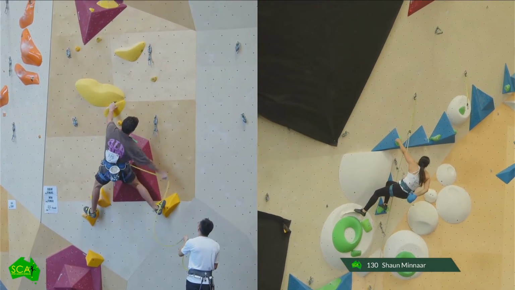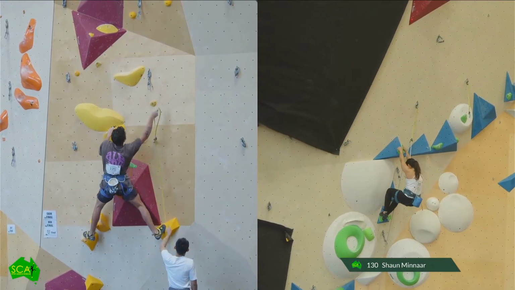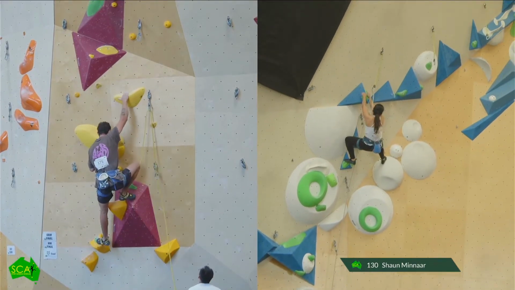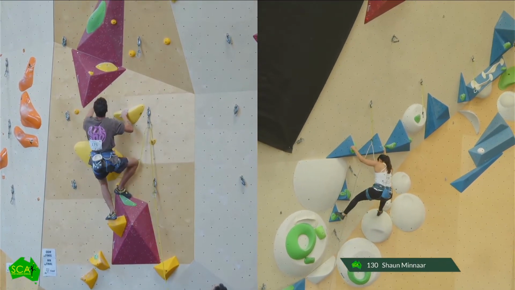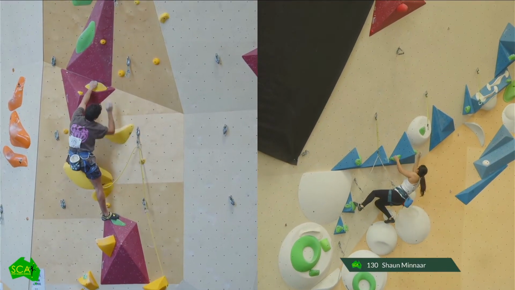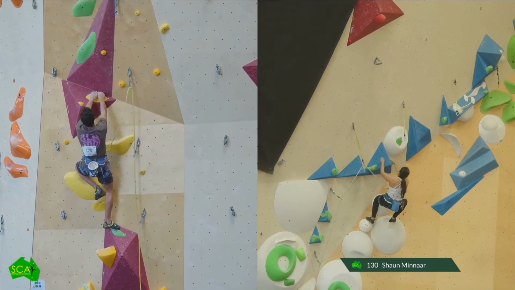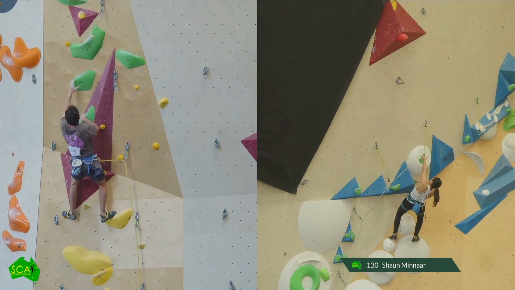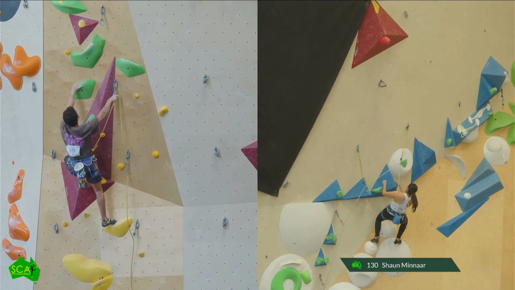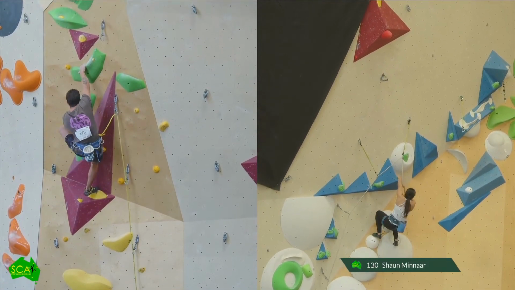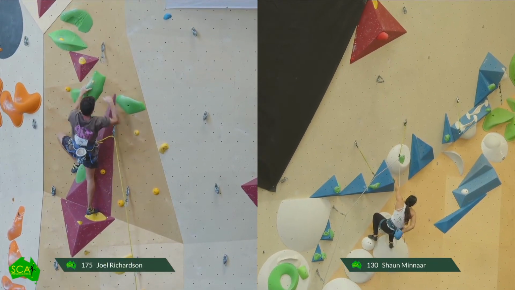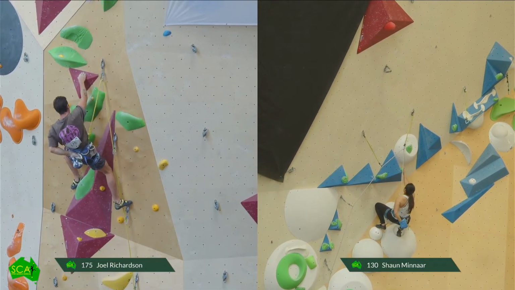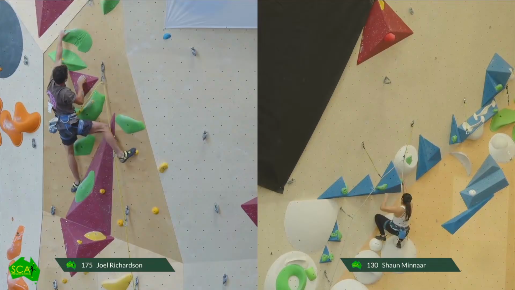Got our last competitor in the male. Sorry, folks, we don't have the name on that one, but Joel Richardson. We've got Joel Richardson here. This female, Roxana, so that might be Roxana, but no, that's not Roxana. All right, let's go. Let's look at Joel, good friends with Elijah. Joel looking strong and confident, so he's got it all to play for.